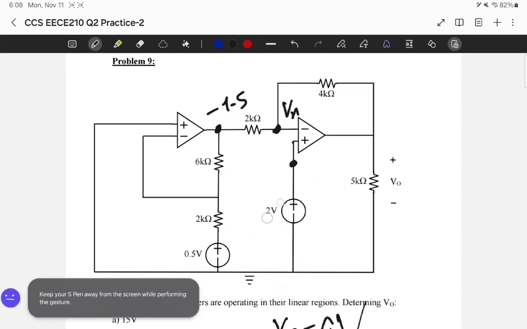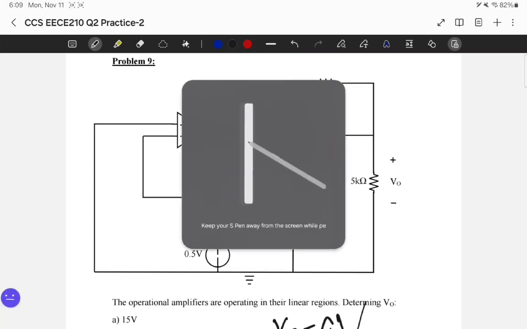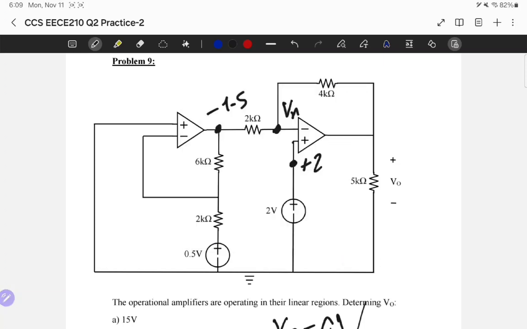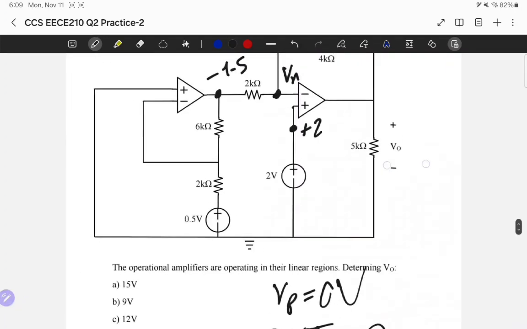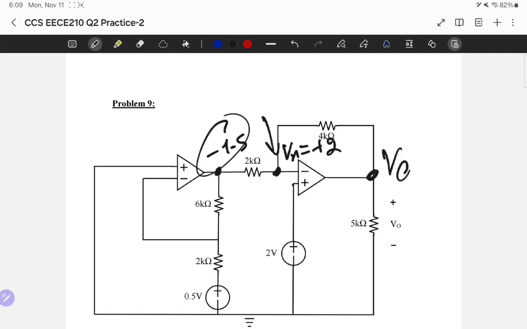So if Vp is equal to plus 2, I can transfer this into Vn. And Vn now is equal to plus 2. Okay, now if Vn is equal to plus 2, I can apply KCL in here, because I know this is VO, and I know the value of this, and I know the value of this,